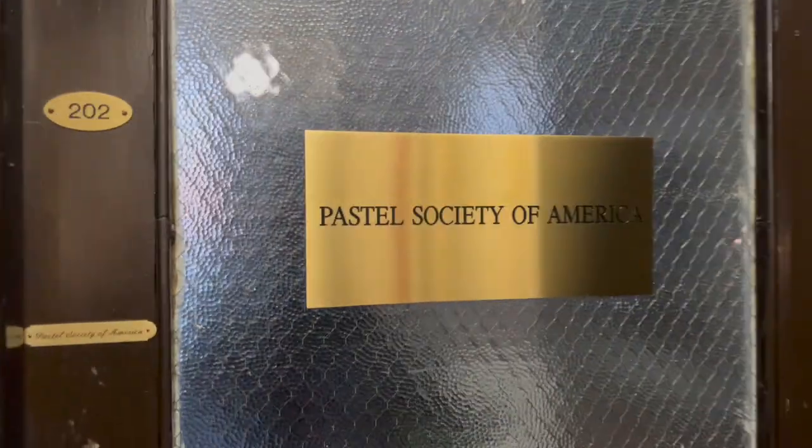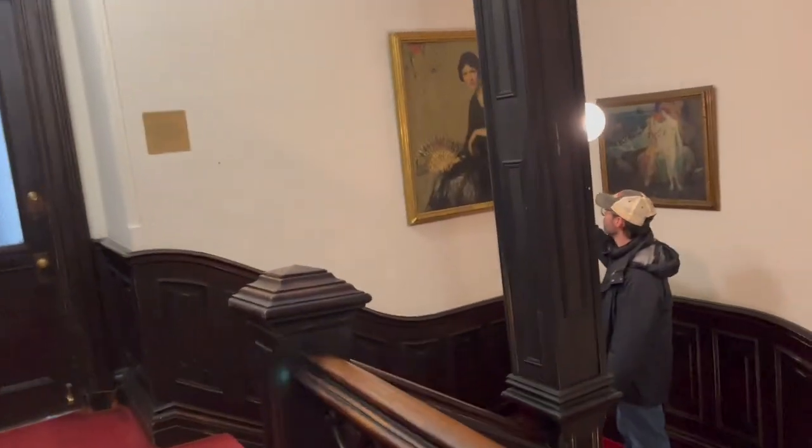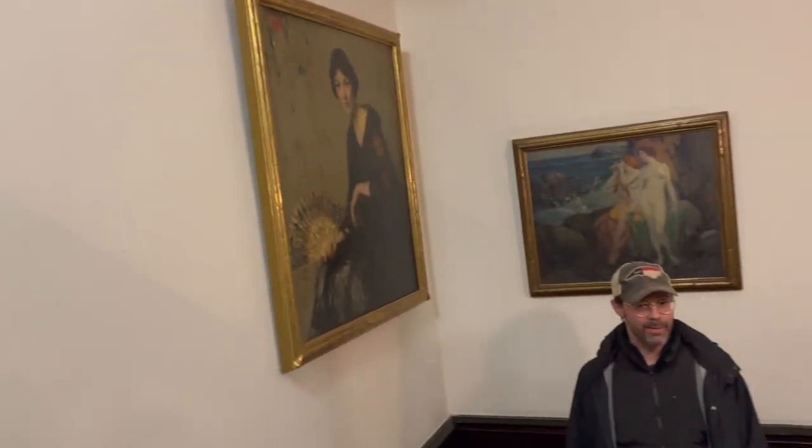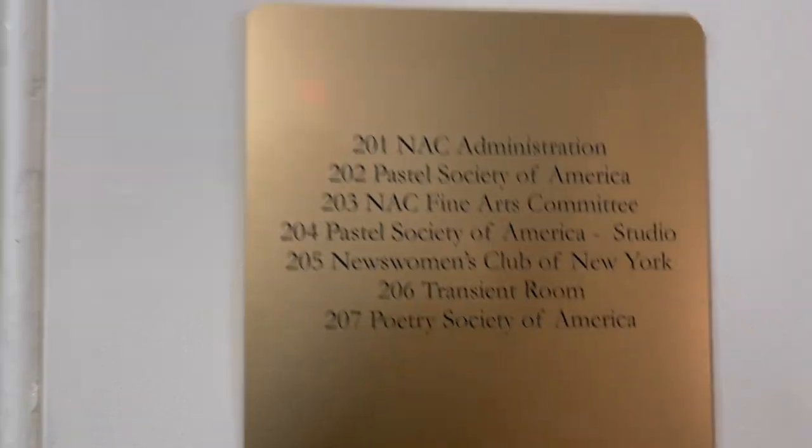The floors make a lot. Here's the Pastel Society of America. I don't know if people really go in there that much. Hello. It's so beautiful. You're so funny, Scott. Sue? Sue? I wasn't sure where you were. Sue, where are you? And I said, I'm here. And then you just went down the stairs anyways. I couldn't hear where it was coming. Oh, okay. So this is where these are all the people that have offices here. It's a quirky old building. It's like there's lots of weird doorways. There's a lot of weird things, like this doorway was blocked up and